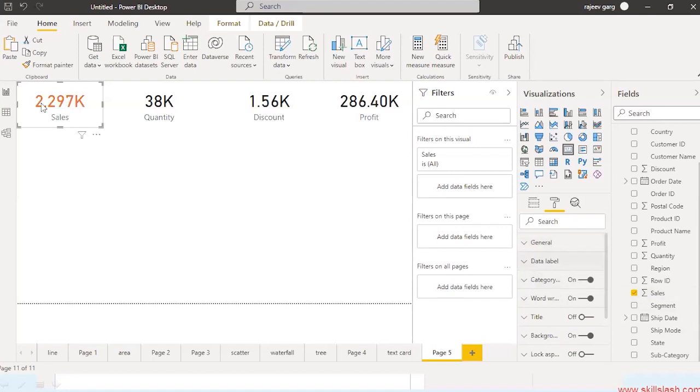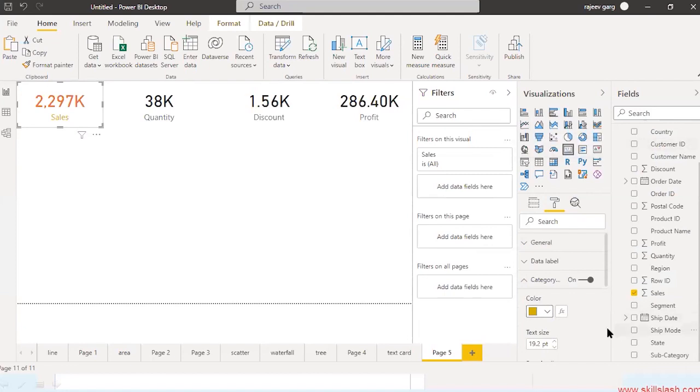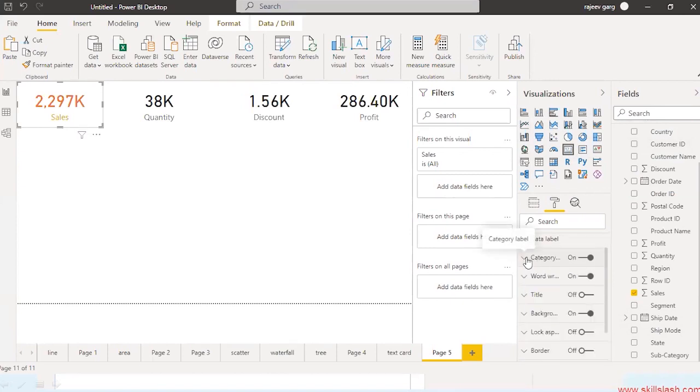Then category. So at the bottom, the sales which is mentioned is the category. So I can switch it off or I can display it. So I can click on this drop down arrow. If you want, you can change the color of this. So let me try to take a golden color over here. And if you want, the sales text size can also be changed. I'm not changing it. Okay. Then on the top, we have the title. If you want some title, you can put the title, but I'm not putting any title.